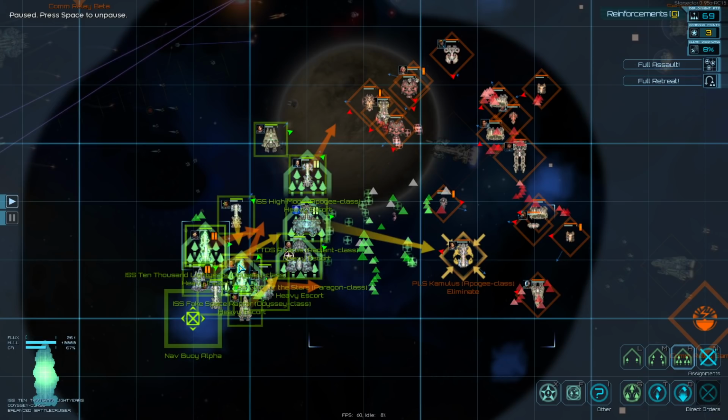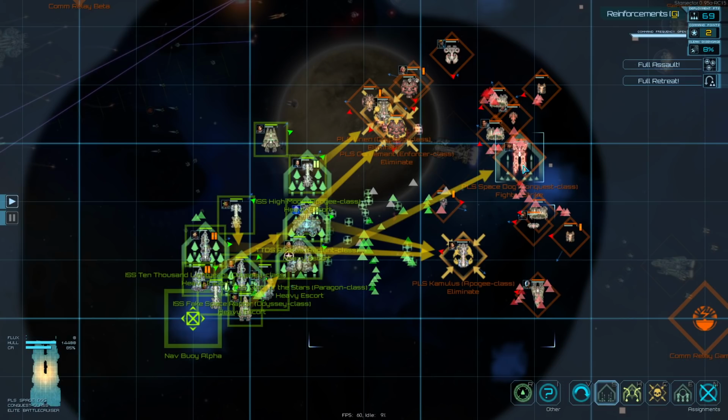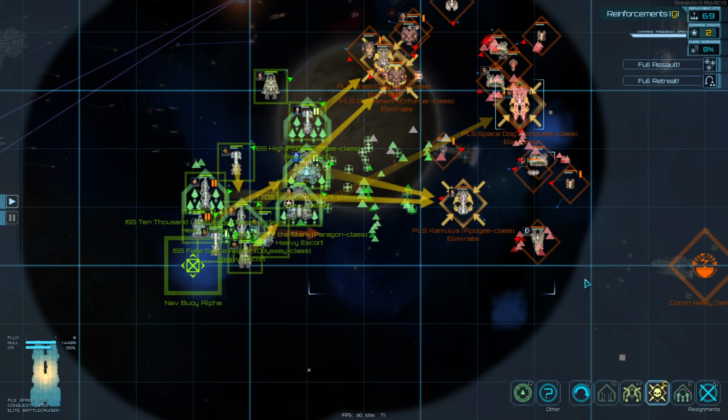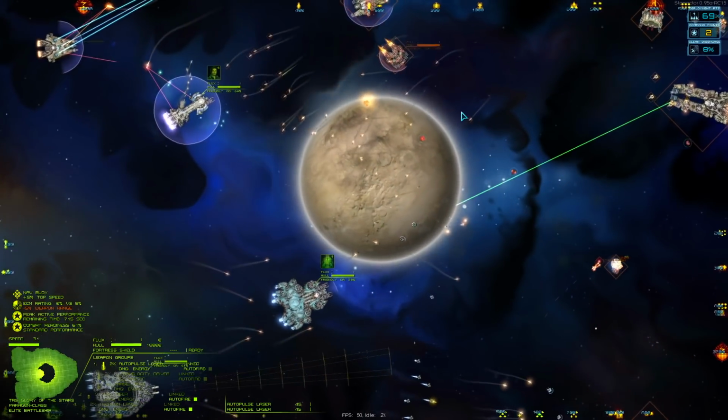So how are we going to break this? Like, we can send you guys up top. We can send you over here. Go ahead and have the Astral engage on that. We do want to eliminate this. Typically, I'd want to go for the weaker targets first, but...